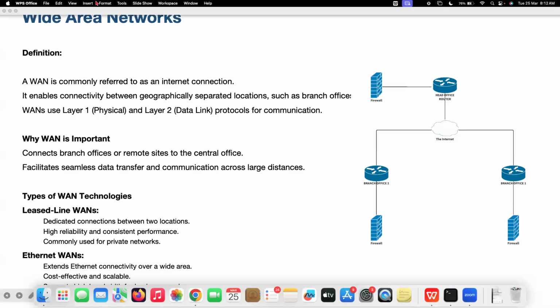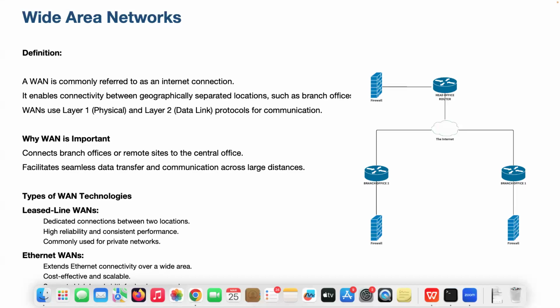Okay. So what is WAN? WAN expands to wide area network. Basically, the internet we are having, right? That can be termed as WAN. Why are we using WAN? To connect two different sites which are not nearby. For example, I have one office in Rajajinagar, and the second office is in Marathalli. If I want to connect them, there are ways I can do it.